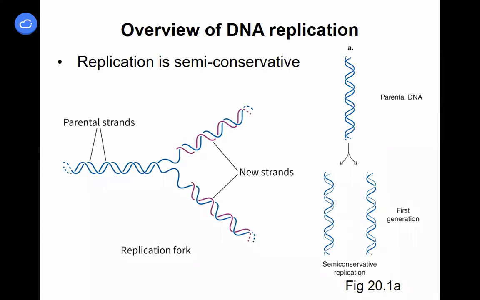So here they're showing the two strands in different colors, blue and red. And here they're showing a thicker strand and a thinner strand. The point is that's what we mean by semi-conservative. Half of the DNA in the parental strand was the one original template, and the other half is completely newly synthesized DNA. And Watson and Crick figured this out, or they predicted this would be the way it was copied,